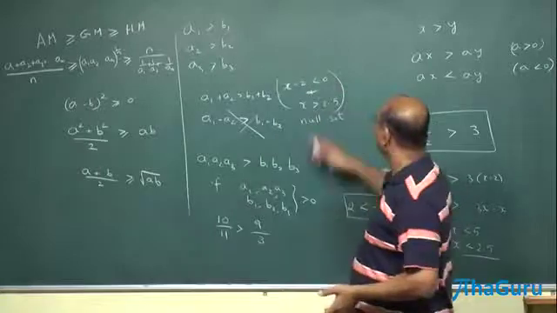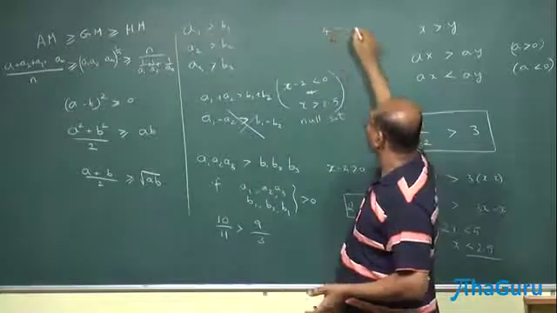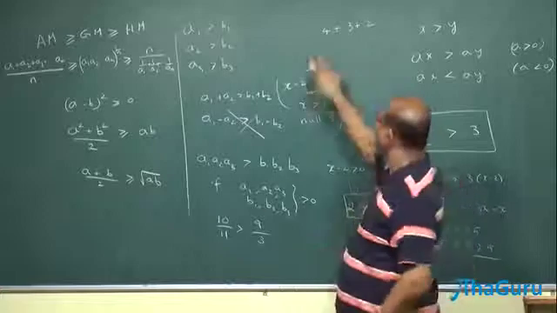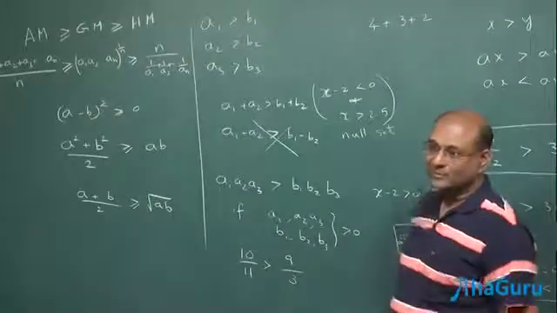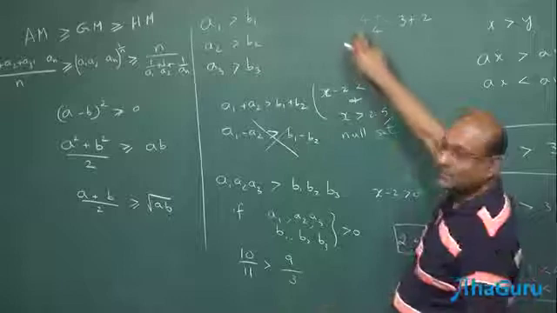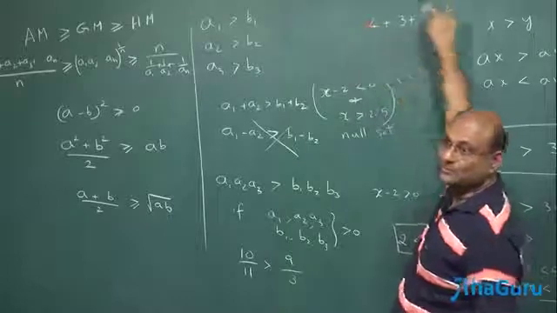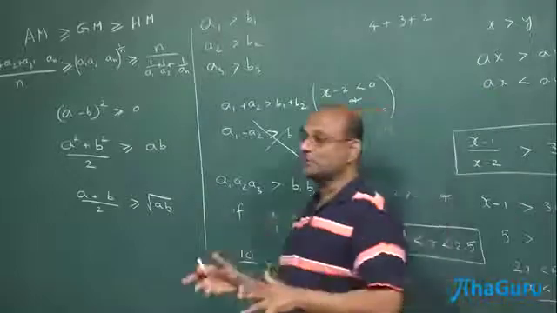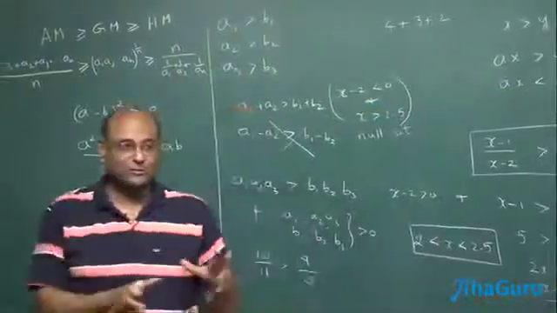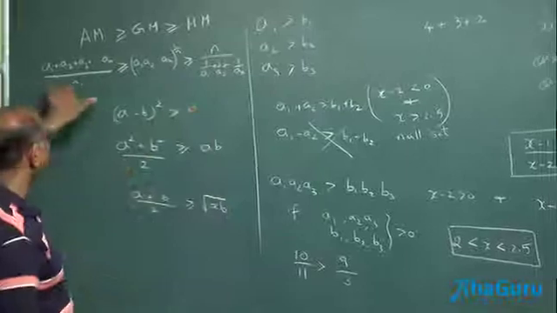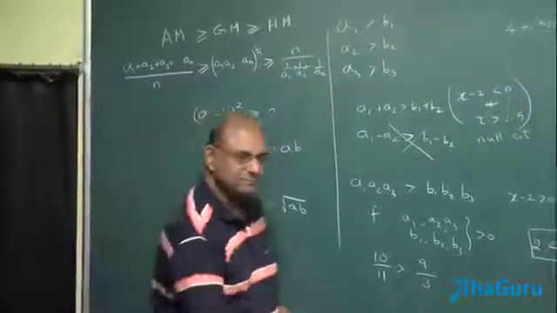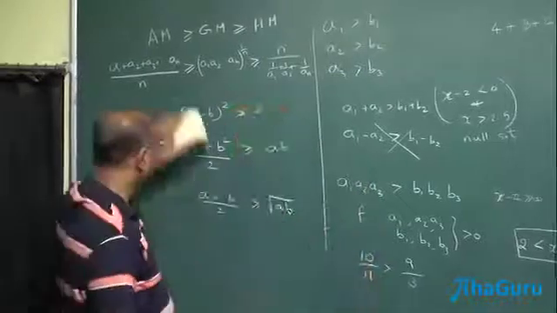So one way is to think about it as 4 plus 3 plus 2. But I can then write this 4 as 2 times 2. So you can then think of it as 2 plus 2 plus 3 plus 2. Or you can write it as 1 plus 3 plus 3 plus 2. All those are going to be important, useful ways to solve many problems. But let us first understand the basic proof here. This is the proof for two numbers.